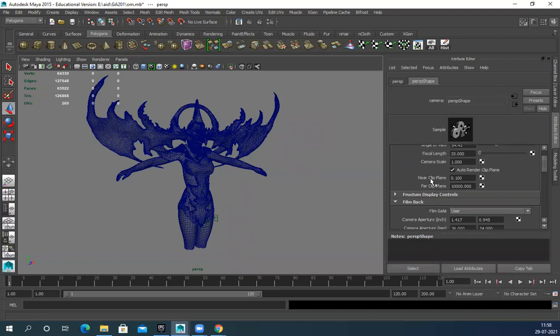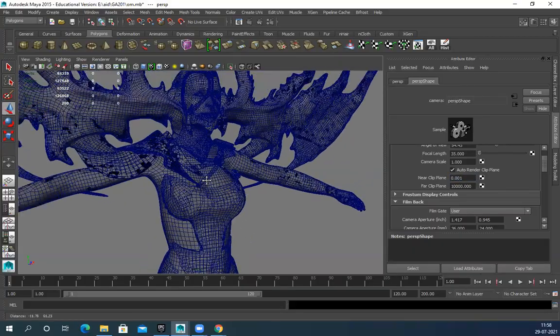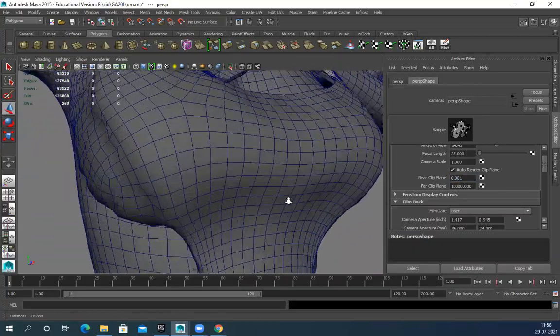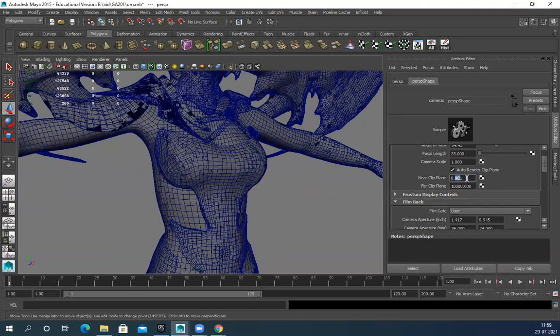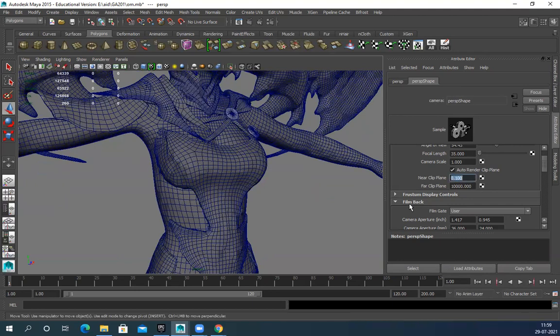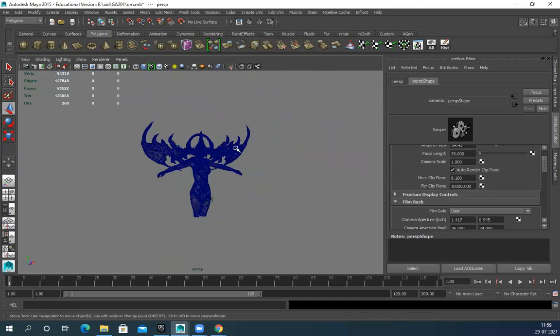Scroll down, you can see Near Clip Plane, Far Clip Plane. By default, this near clip is 0.01. If you do this, you can see it starts flickering. You just make it 1. And for far clip, if you zoom out and sometimes your file vanishes, in that case add a 0 or 20. So far clip we're increasing, near clip also we're increasing. So it won't clip again.